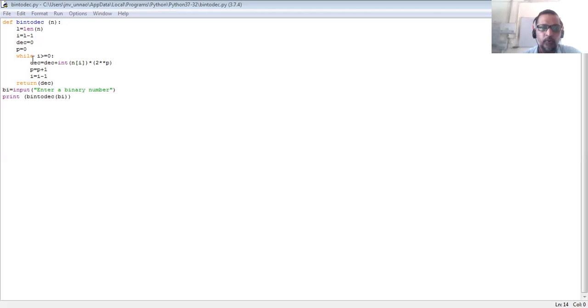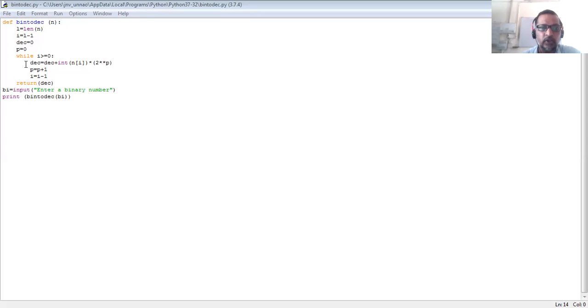Here the loop will continue while the value of I is greater than or equal to 0. Here we see the digit at index 5, the unit place, multiplied by 2 to the power p, that is 2 to the power 0.